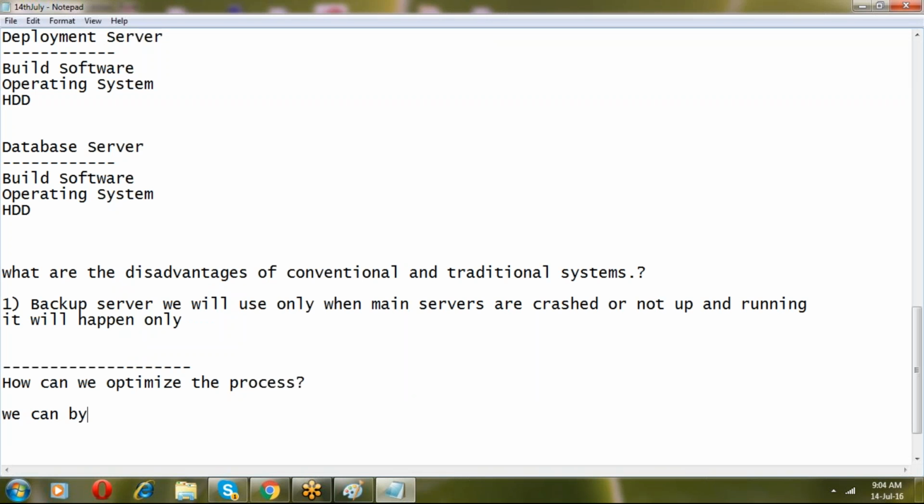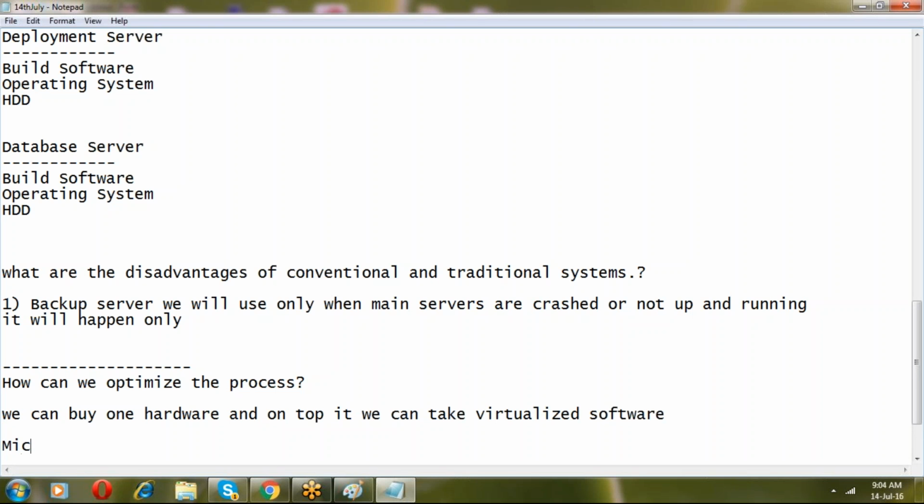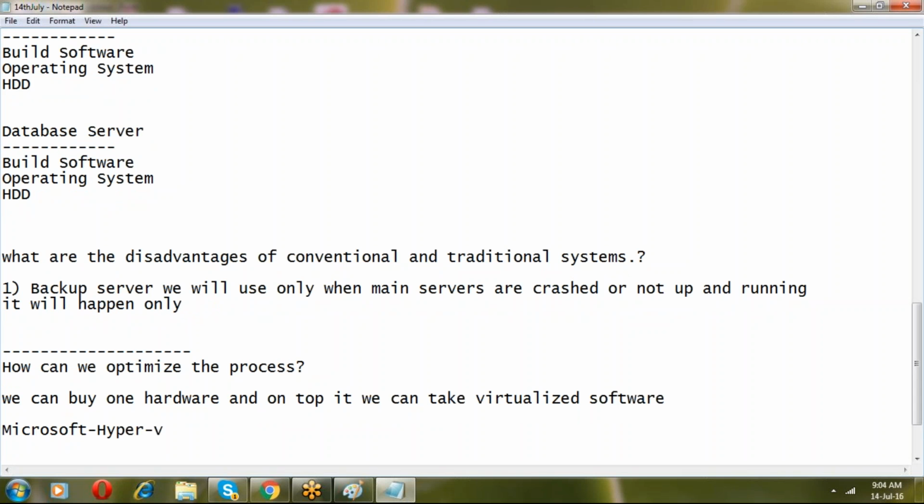So you can buy one hardware and then, on top of it, the virtualization software. Microsoft has Hyper-V, and VMware has vSphere and then vCenter.